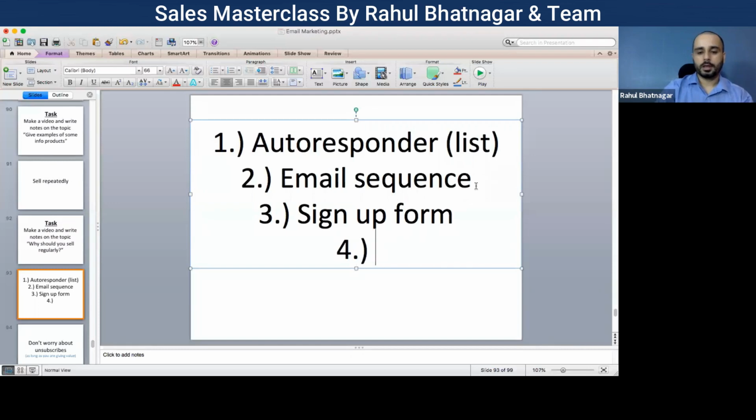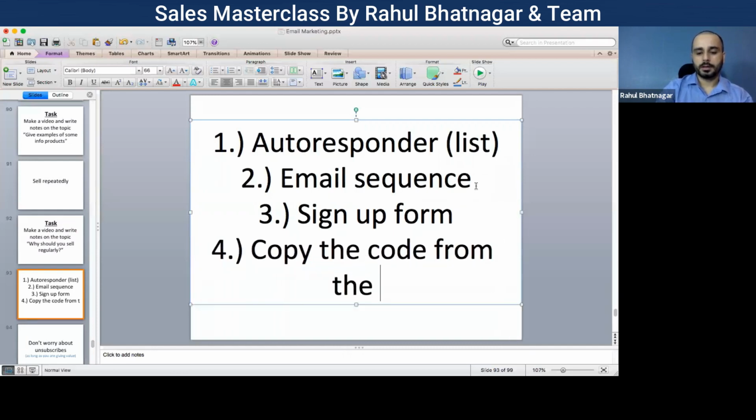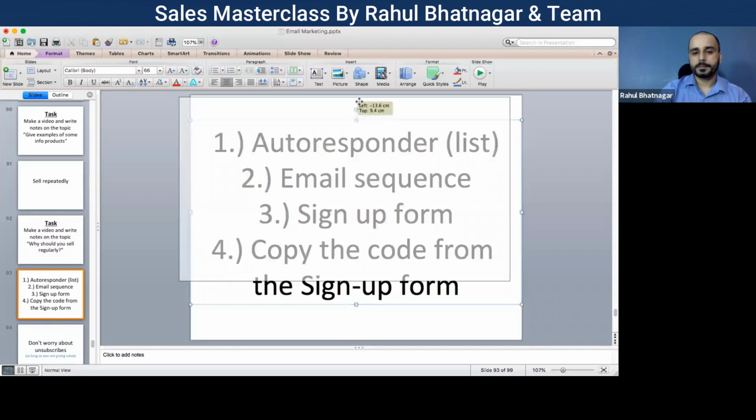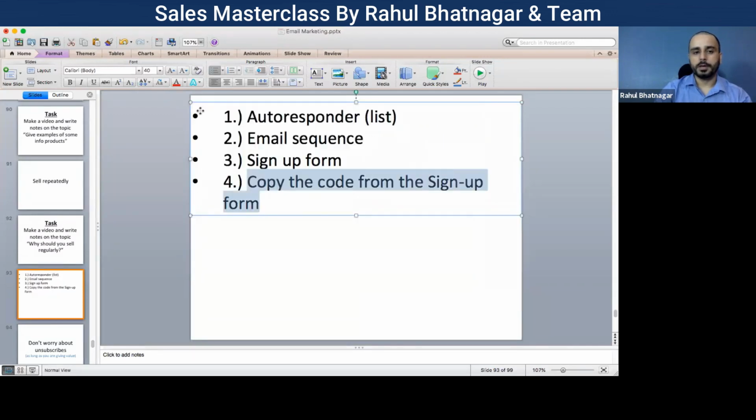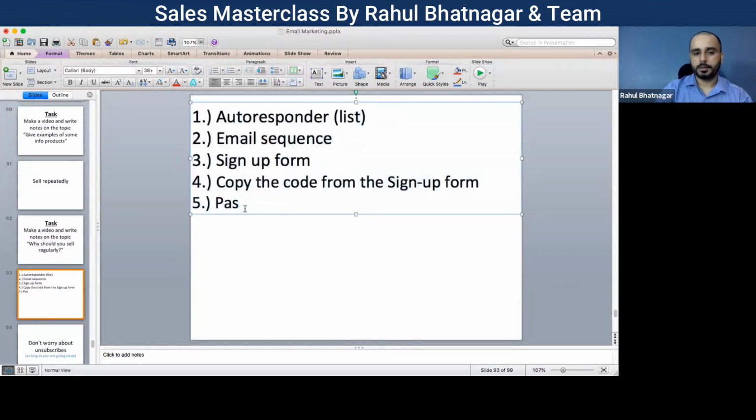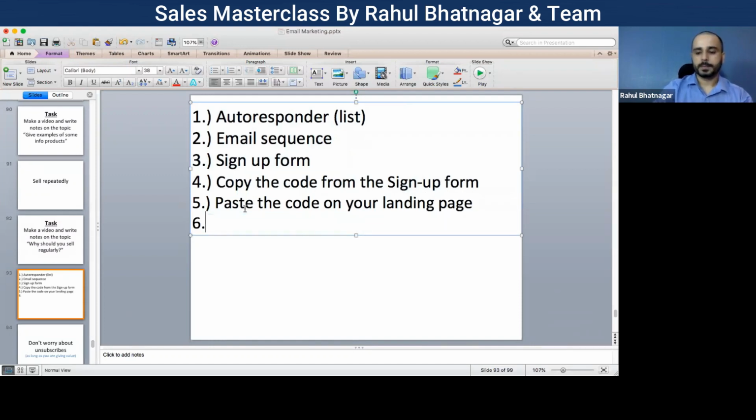Fourth, copy the code from the sign up form. Paste the code on your landing page. Test it, whether it is working perfectly fine or not. We tested it with an email ID, right? The email ID of Sagar.